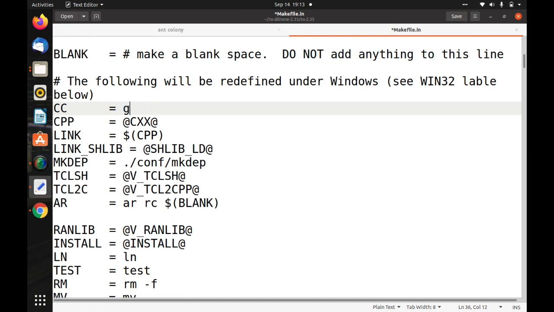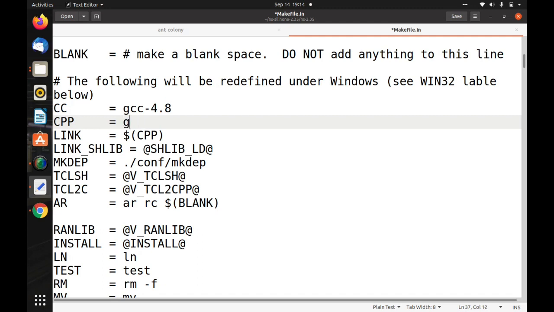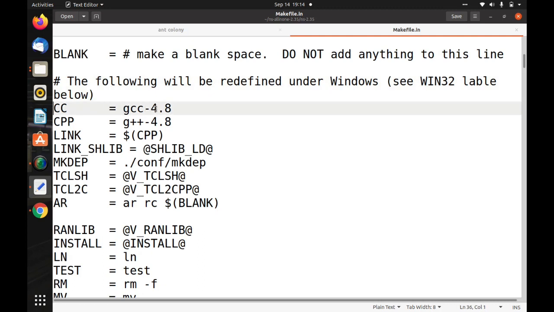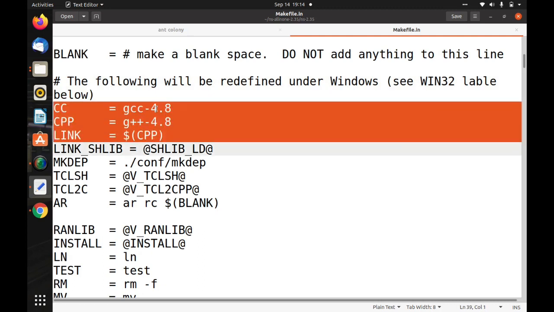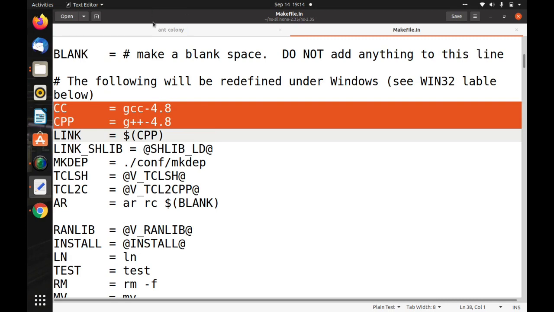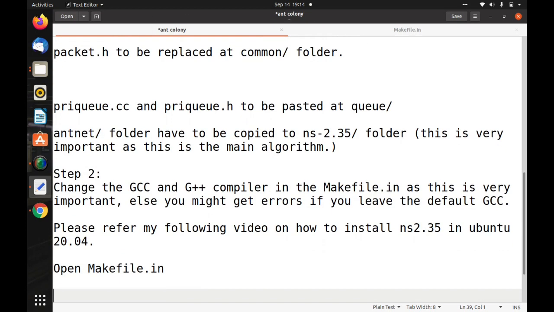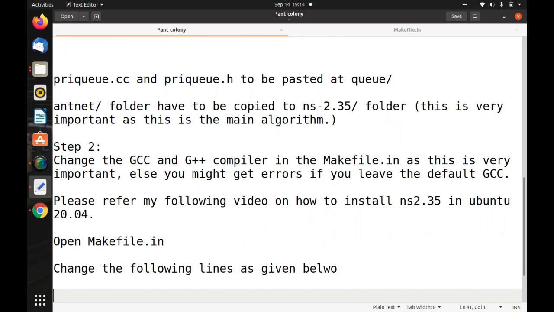We have to change these to GCC-4.8. For this command to work, GCC and G++ have to be installed, so you can see my other videos to install the GCC compiler in Ubuntu 20.04. These two steps are very important for this to run, else you will encounter a huge number of errors in ns2 while compiling this AND-NET algorithm.